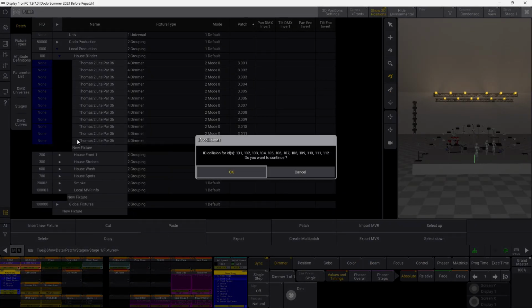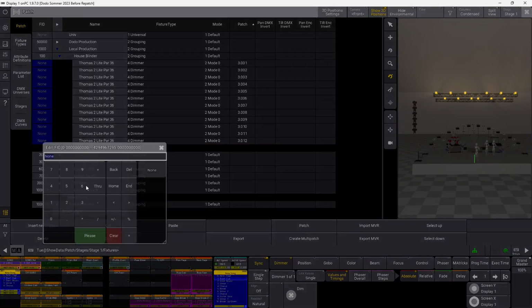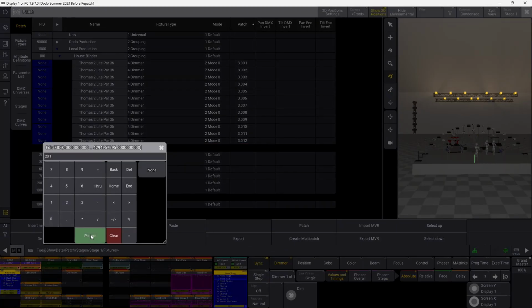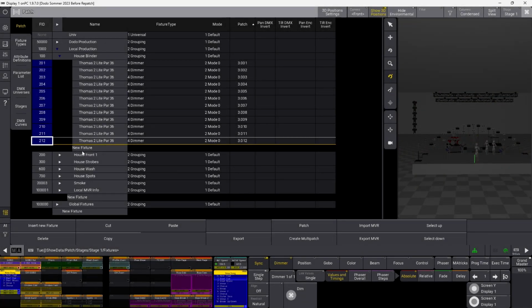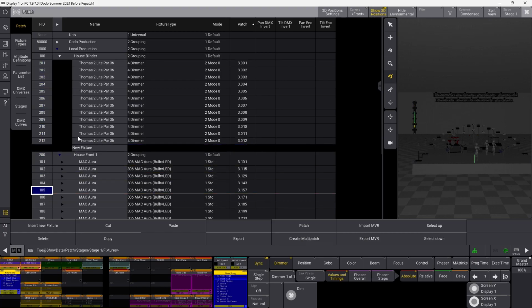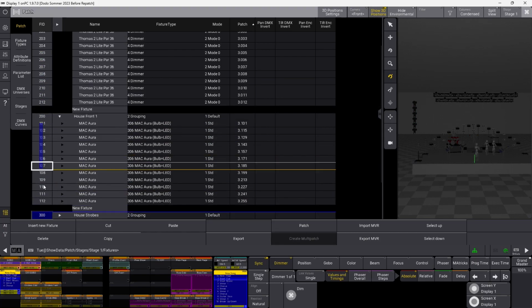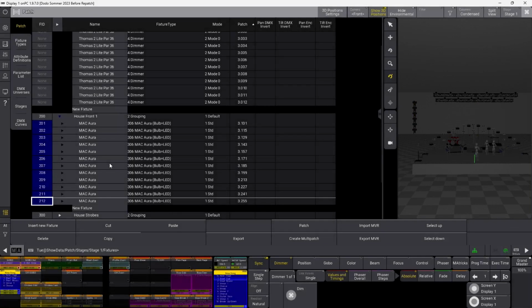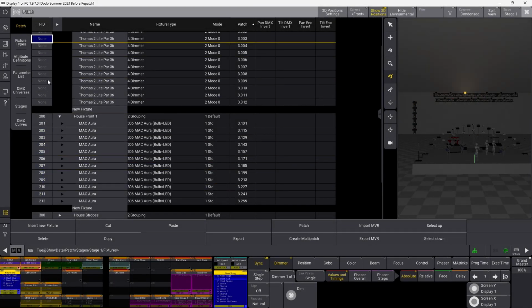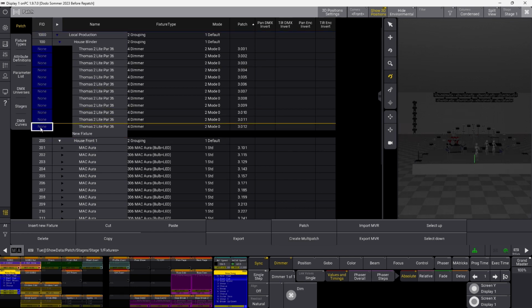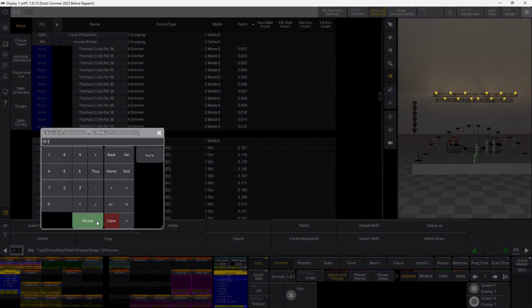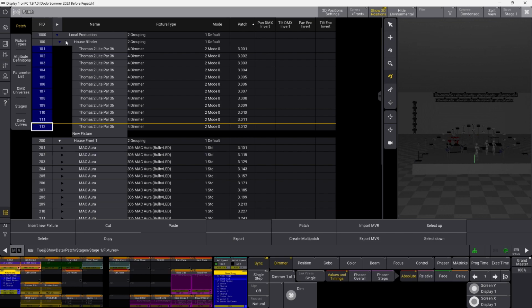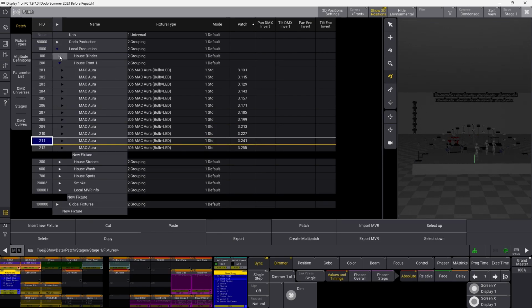101, I think. No, maybe we call them 201. Yeah, that's kind of weird. I think I have switched these ones. I should call these ones 201. And yes, you can see it automatically deleted everything up here, and I call these ones 101. And we give it the right fixture profile, and we have to go through all of it